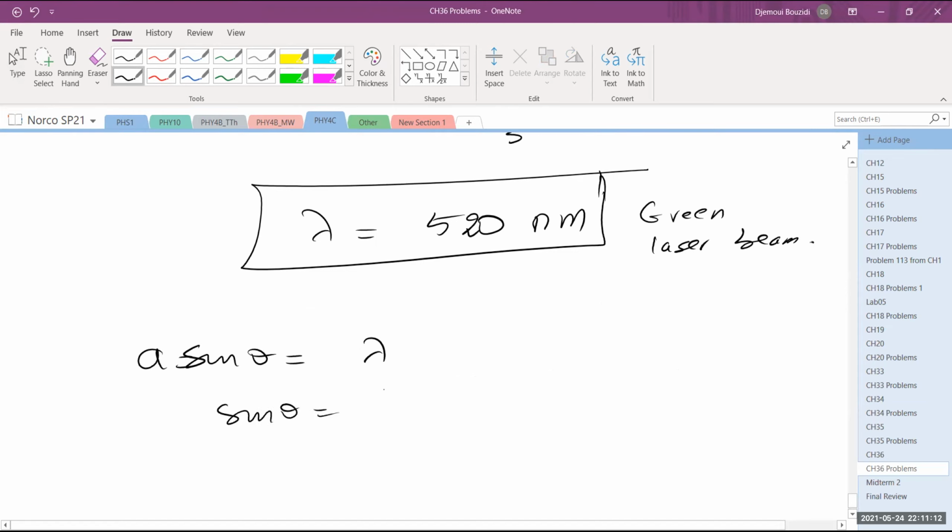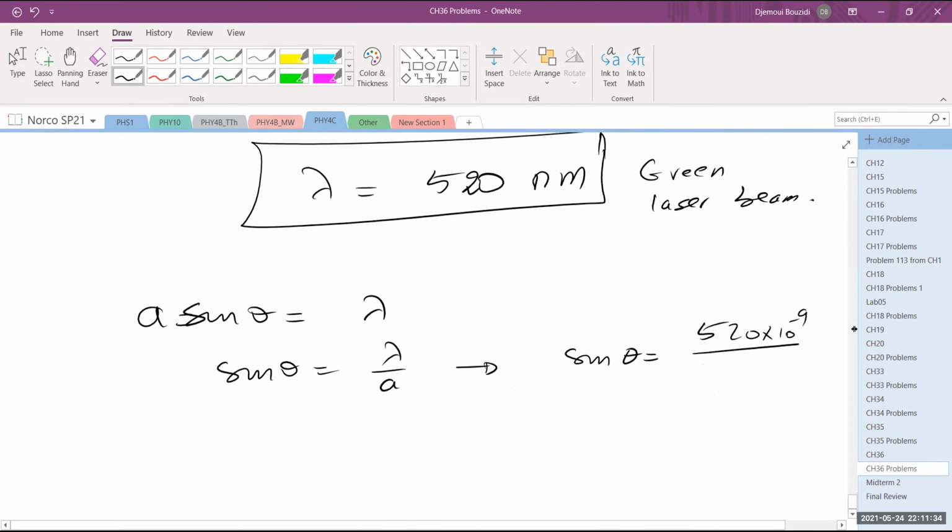Which means that sine theta is equal to lambda over A. Obviously, for the first A, sine theta is equal to lambda, which we found to be 520 times 10 to the negative 9, divided by A. A is given actually: they said to use 0.78 micrometers or 780 nanometers. So with the cancellations, theta is going to be arc sine